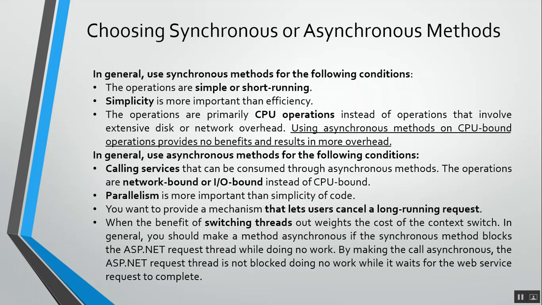We already know that within a process there can be multiple threads, and switching between them is known as switching between threads. From one thread it goes to a second thread to perform another task. If it is between processes, the whole state of the machine should be transferred to the second process so that it can understand what it has to do. So switching threads is very easy, and at that time you should also prefer a synchronous process.